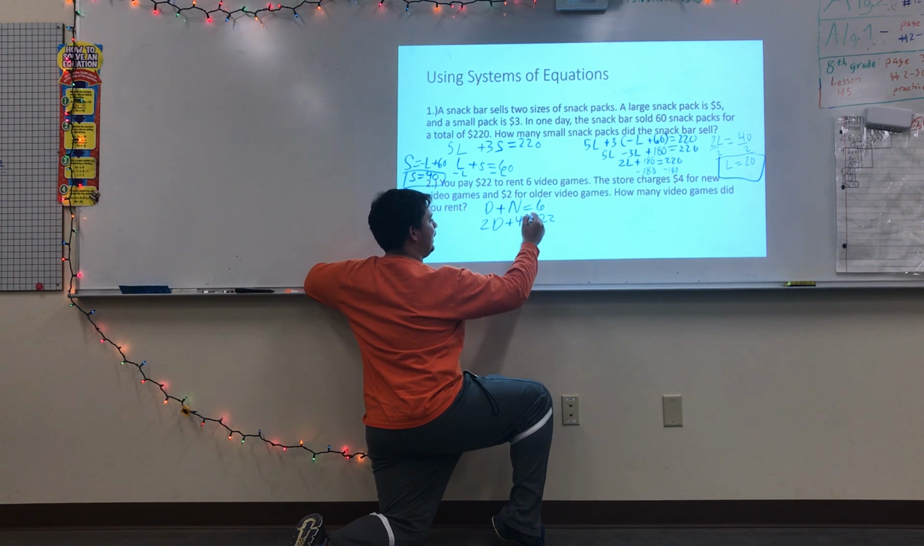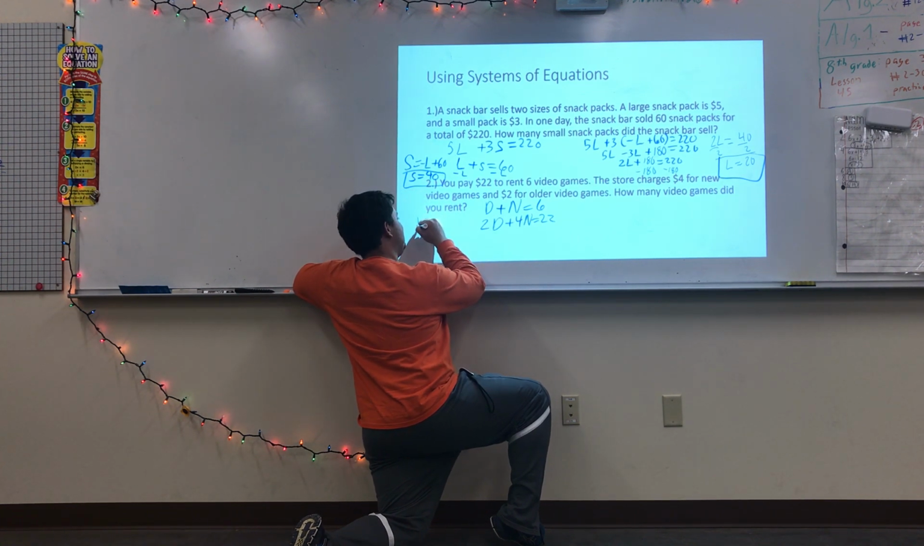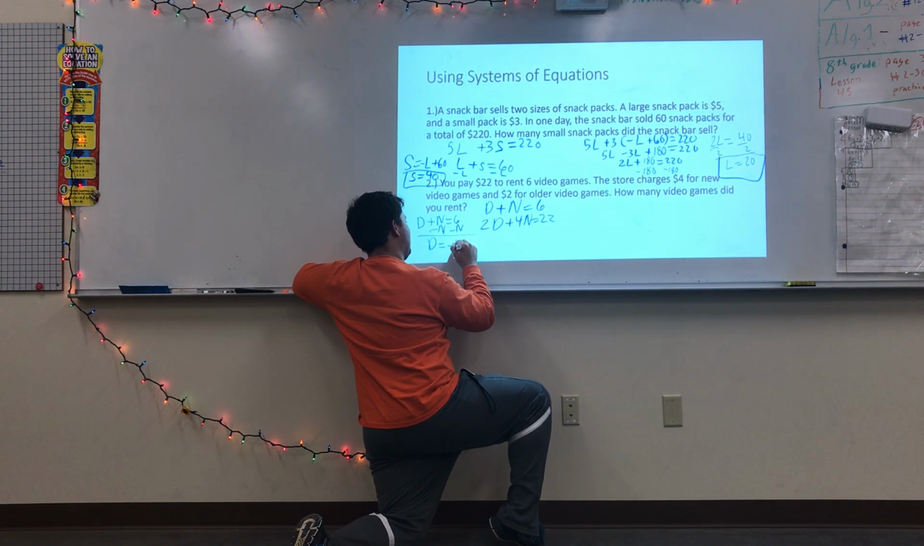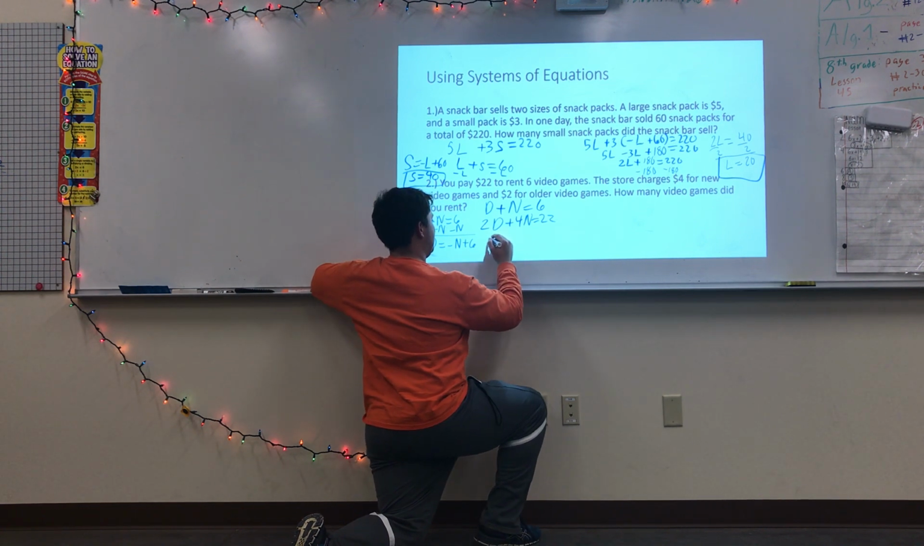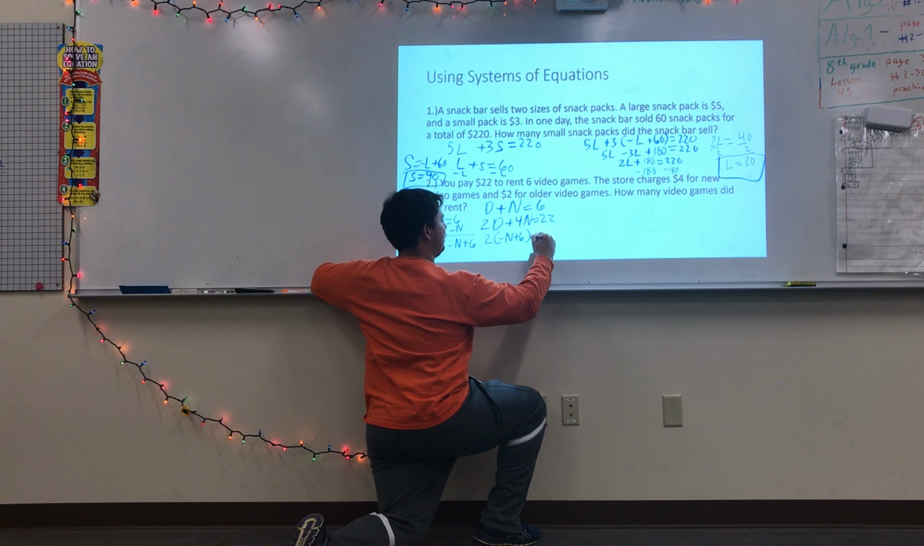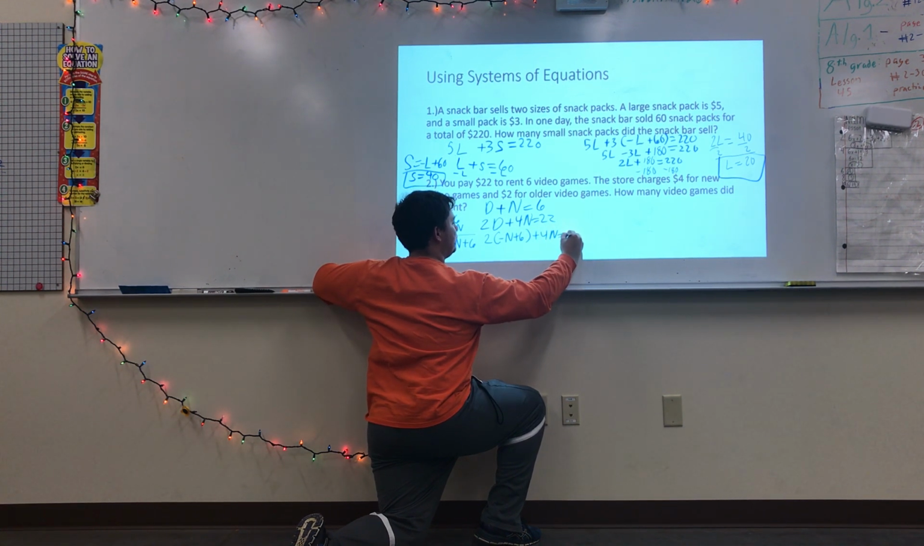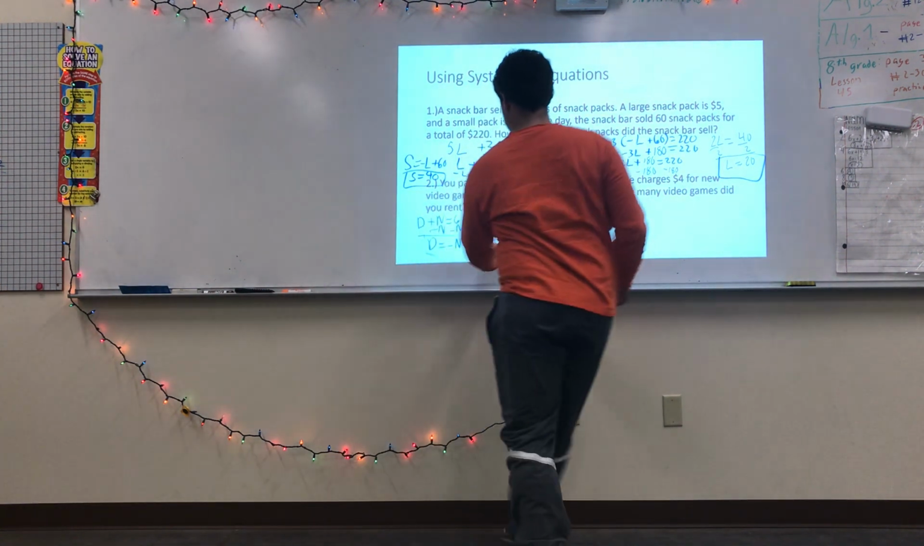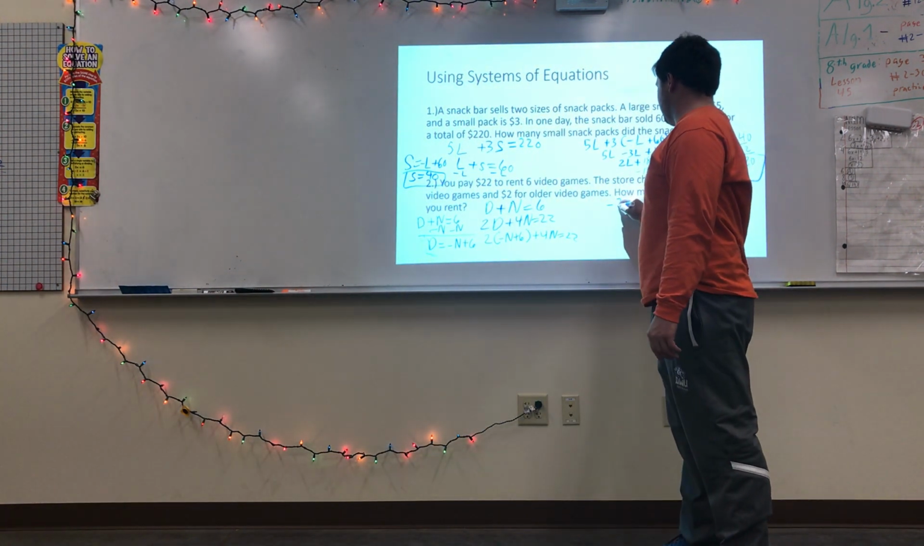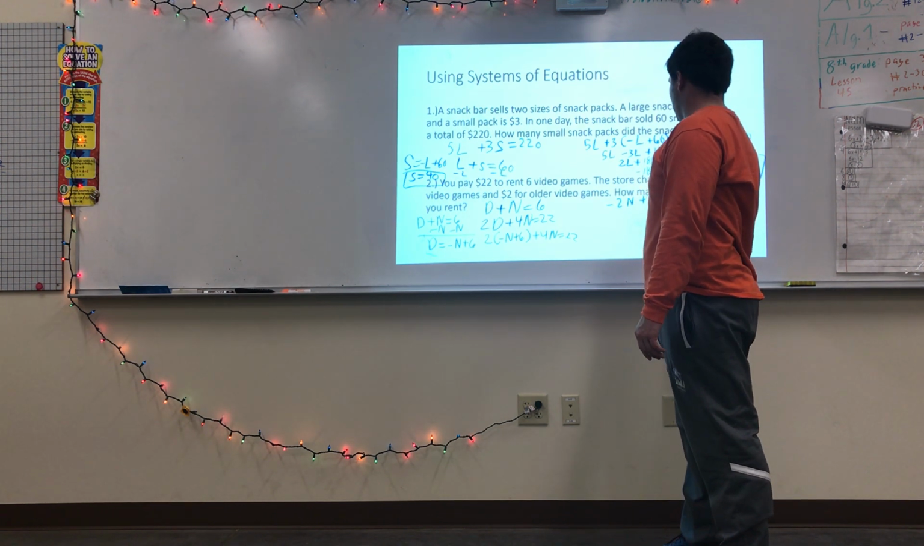Okay, I'm going to subtract n over on that top one, so I'm going to end up with D plus n equals 6. So subtract n, you get D equals negative n plus 6. Okay, so now we're going to sub that in for D. We end up with 2 parentheses negative n plus 6 plus 4n equals 22. Got it? Foil that through, we're going to end up with negative 2n plus 12